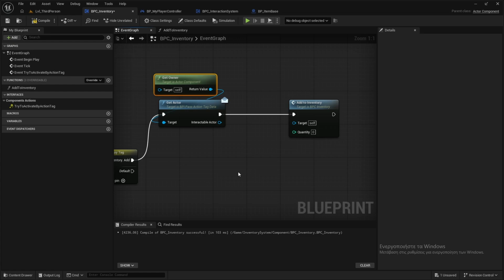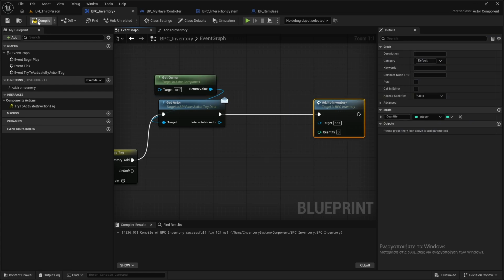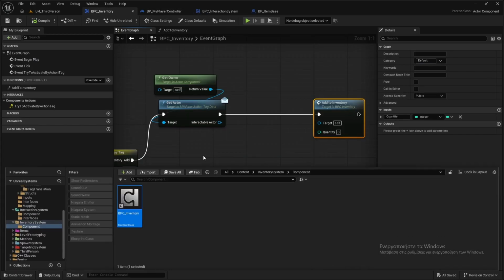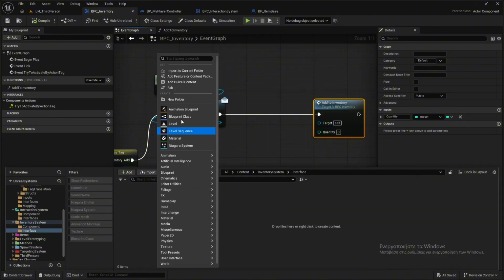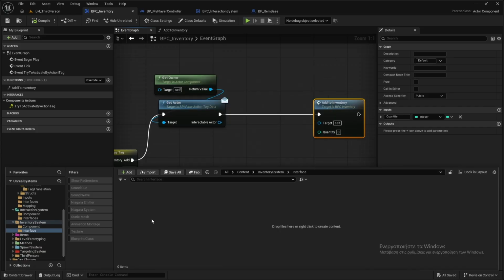Why I'm doing this is because I will make another interface inside the inventory system. So interface, which will be BPI get interactable data,